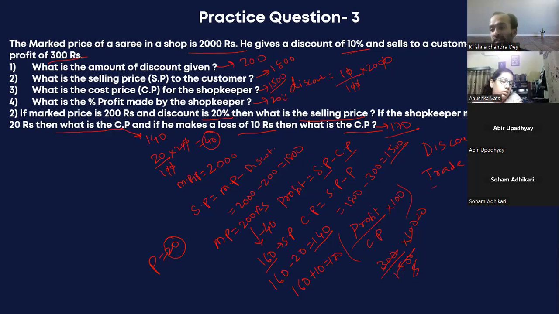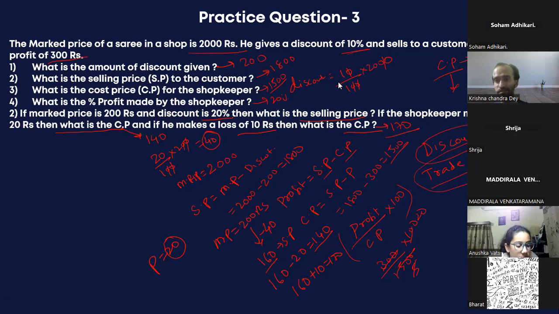Trade discount generally lowers the cost price of the seller. Trade discount means generally if you buy in bulk. Big stores like hypermarkets buy in huge quantities, so they get this trade discount. Whereas normal discount is for customers like us, we get it on MRP. But trade discount on a normal cost price, sellers get from the manufacturer. Don't confuse trade discount and normal discount. Trade discount will lower the CP for the seller. That's how it is calculated.